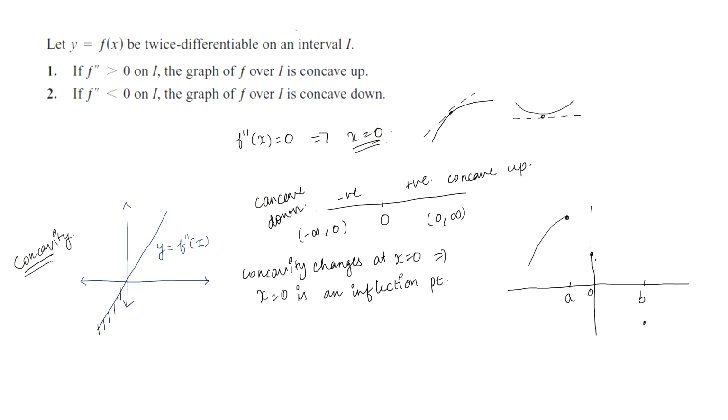From A to 0, we know that the function will be concave down and decreasing. And from 0 to infinity we know that it will be concave up. So, the concavity will be changing but the function will still be decreasing. And from B to infinity the function is again increasing. So, this is how we can see from the obtained information the approximation of the graph of f of x will be something like this.